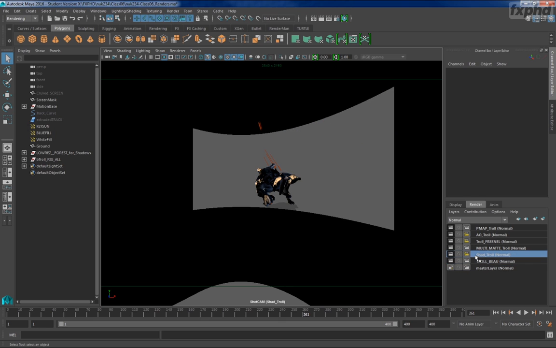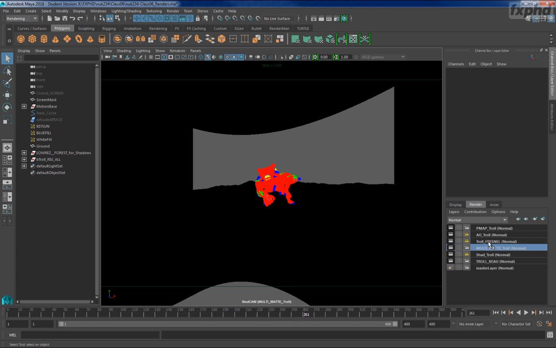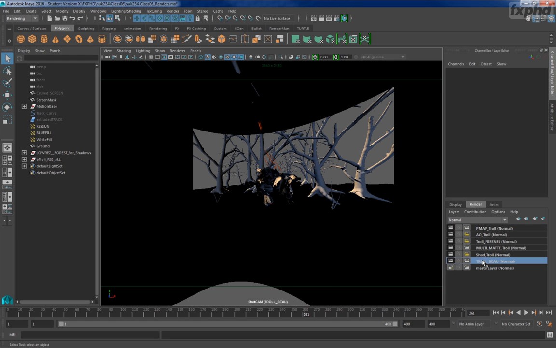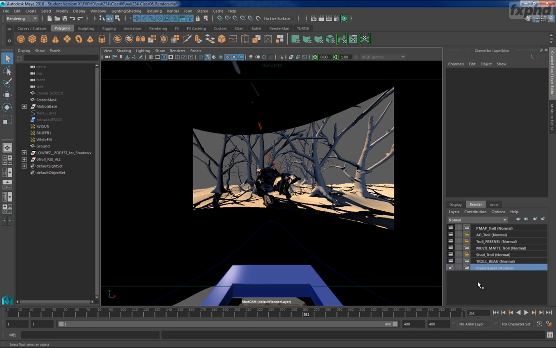I've got a shadow pass for the troll. I've got a multi-matte, the Fresnel pass, ambient occlusion, and a PMAT pass. Okay, now I'm going to go over real quick how some of these are set up, but in a nutshell, the way you set up one of these passes is that you need to